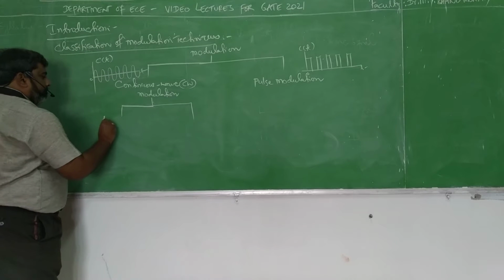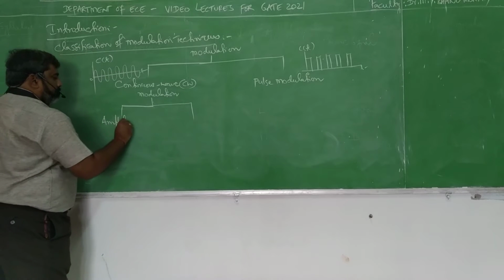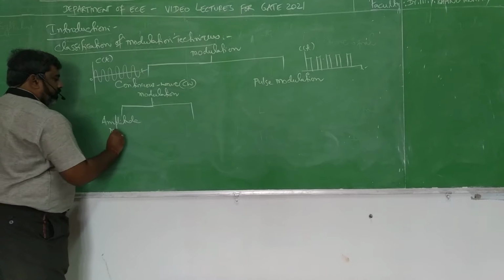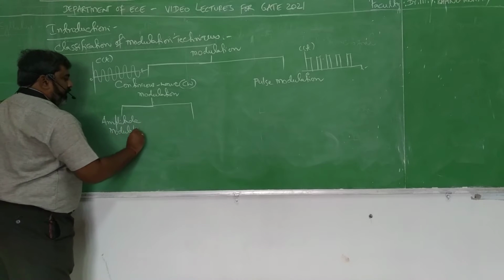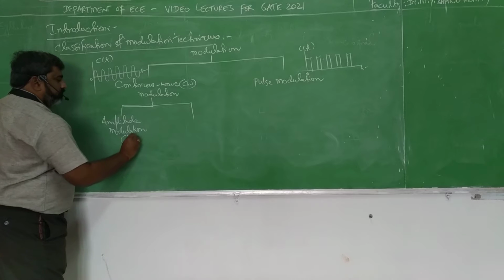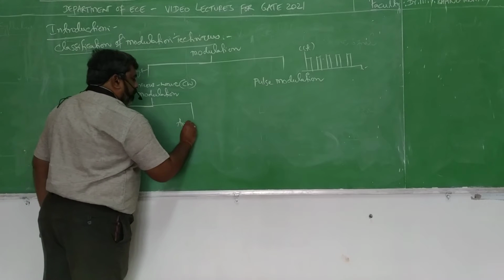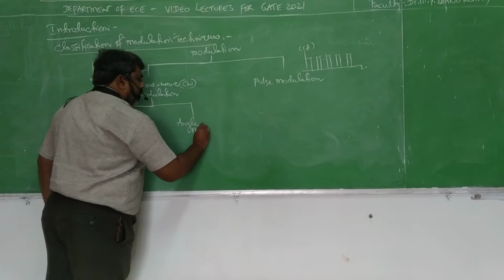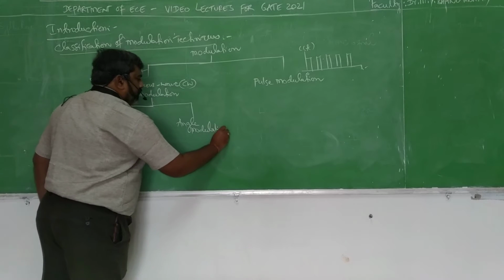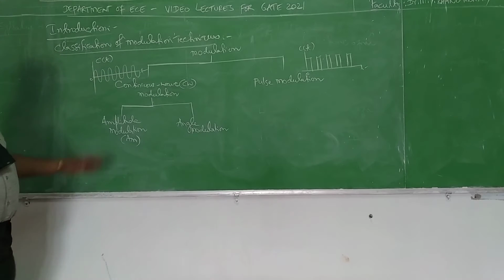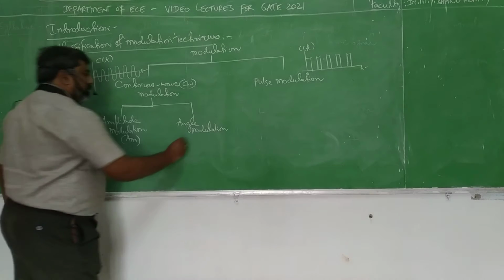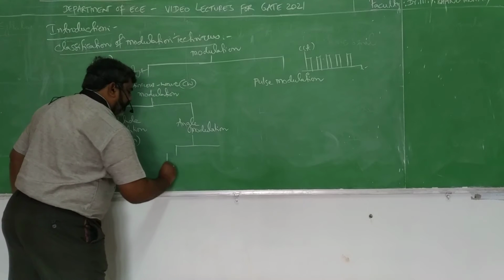One is amplitude modulation. In short, this is called AM. And the other one is angle modulation. Angle modulation. Let's not call this AM. In short, AM is amplitude modulation. Now, under angle modulation, we have these two techniques, which is